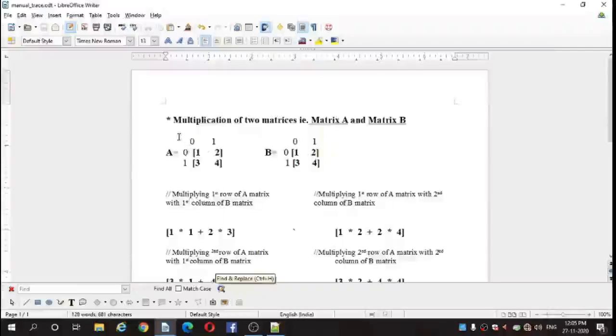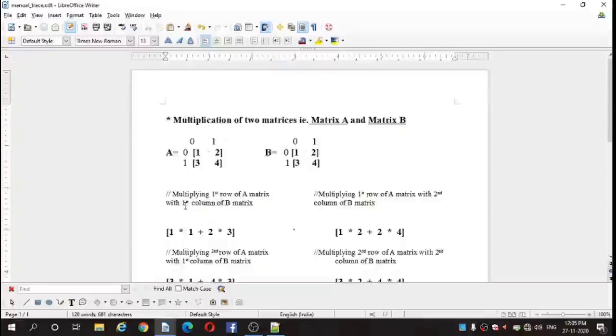Okay. So let's discuss multiplication of two matrices, that is matrix A and matrix B. So we have two matrices, matrix A and matrix B. The elements for matrix A are 1, 2, 3, 4 and the elements for matrix B are 1, 2, 3, 4.